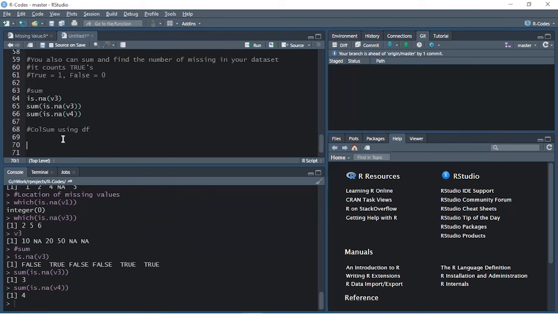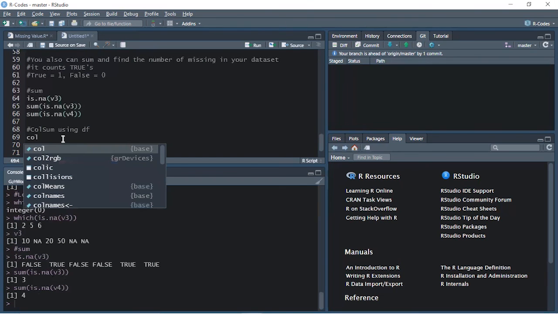How do we count the NAs in a data frame? You can do it column wise or row wise. Let's understand column wise first.